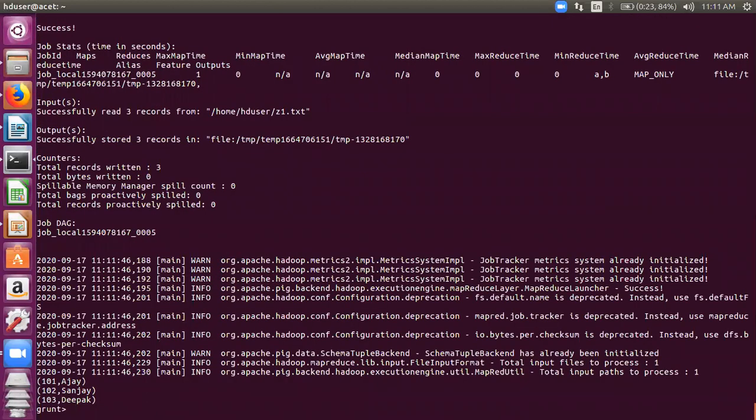That means, important thing, that even if you have given a schema, the $0, $1, $2 are still active. You may use them also if you are comfortable with them. You can use the names of the fields if you have given them, or you can use $0 for the first field, $1 for the second field, and so on. And if I write it in combination, will it work? Can somebody answer? Will this work? Yes or no? Like we can use this in combination. A quick hand raise by you would help whether this will work or not.